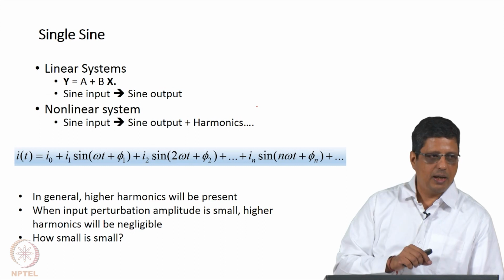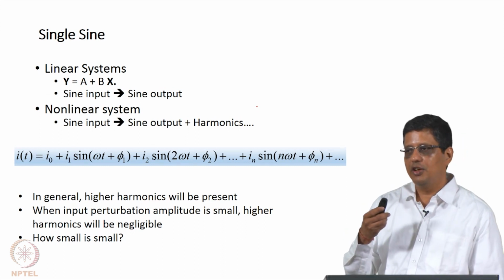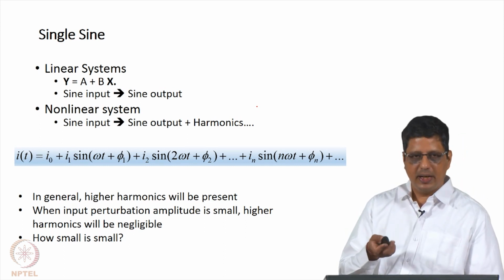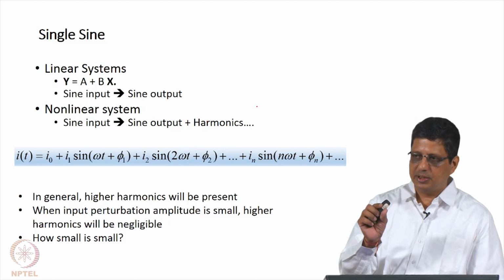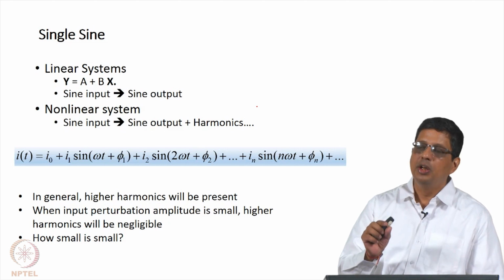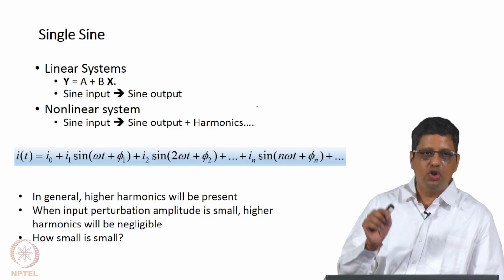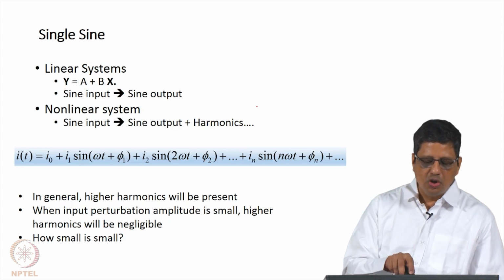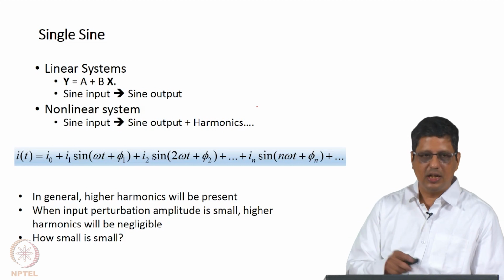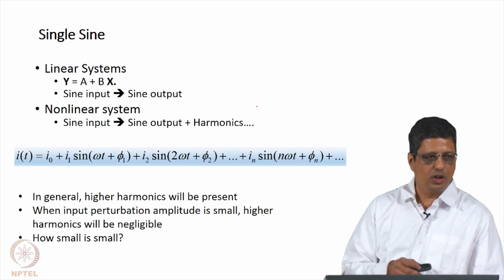If you give a small amplitude perturbation, signal to noise ratio will be poor, but you can claim that you can approximate the response as a linear system without any problem. If you go to a large perturbation, the response will be good, but you may have non-linear effects. That means you may have 2 omega and 3 omega contributions, higher and higher contributions.